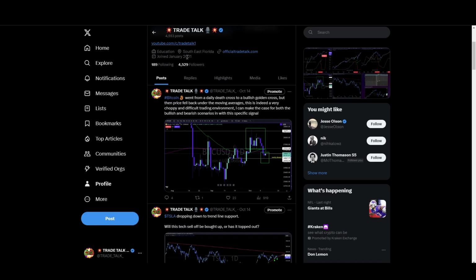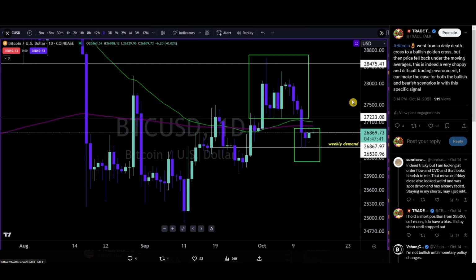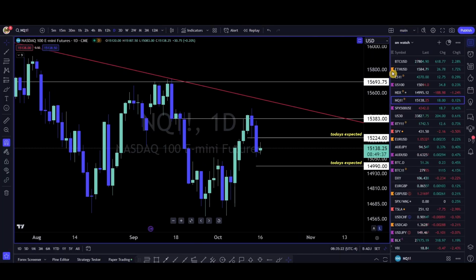Now, I posted something yesterday on Twitter that I want to go over real quick because we made a death cross here, and then Bitcoin had this move to the upside and set in this high up here. Then it traded sideways in this price range for a while and then fell out of the price range. But by trading up here for this amount of time, it actually created another buy signal right there. That's a golden cross. So I could have made the point yesterday that this could indeed be a bear trap. At first, we were looking at this to be a bull trap until we looked at this and decided, well, that typically is a bullish signal.